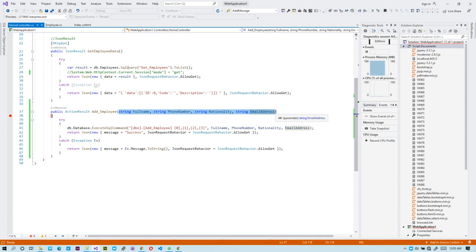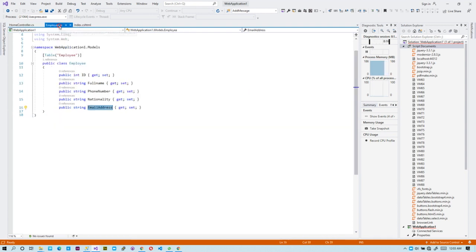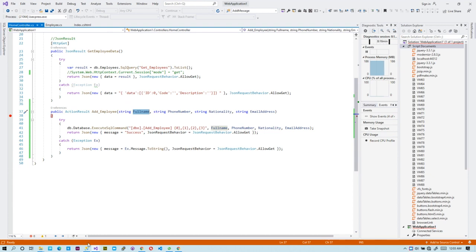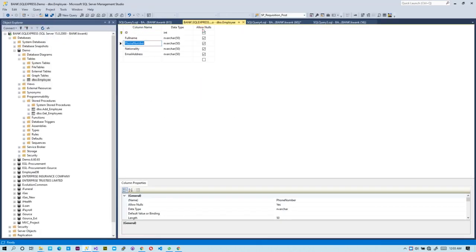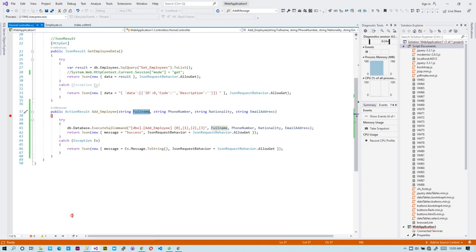Again, you would realize that my naming is the same throughout for all of them, from the model to the DB objects and then to the controller variables. So this is done to avoid any sort of confusion, basically. And then we say use this SP to